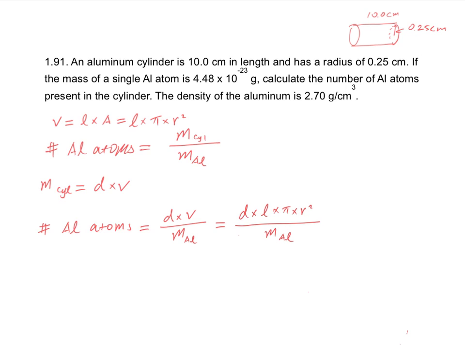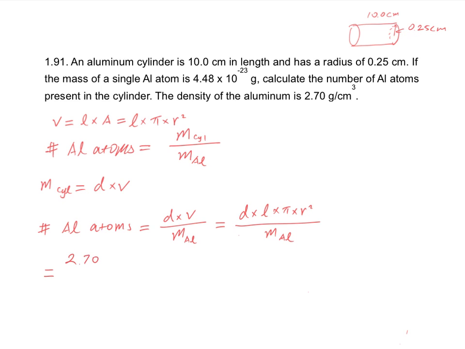Now we have completed our equation. We want to know the number of aluminum atoms. We have the density known, the length 10.0 centimeters, pi is a constant, the radius is 0.25 centimeter, and the mass of a single aluminum atom is in here. Now let's plug in all the numbers